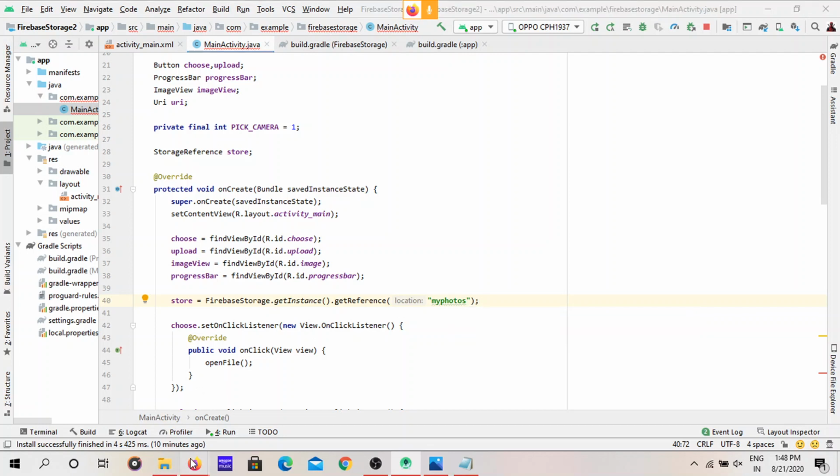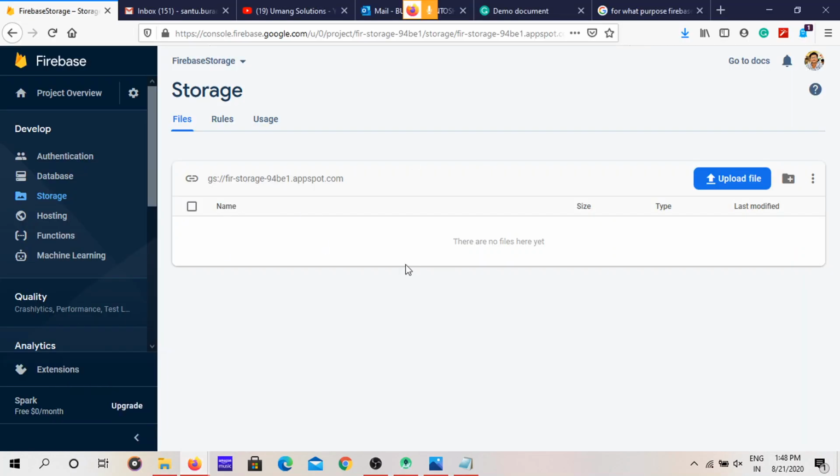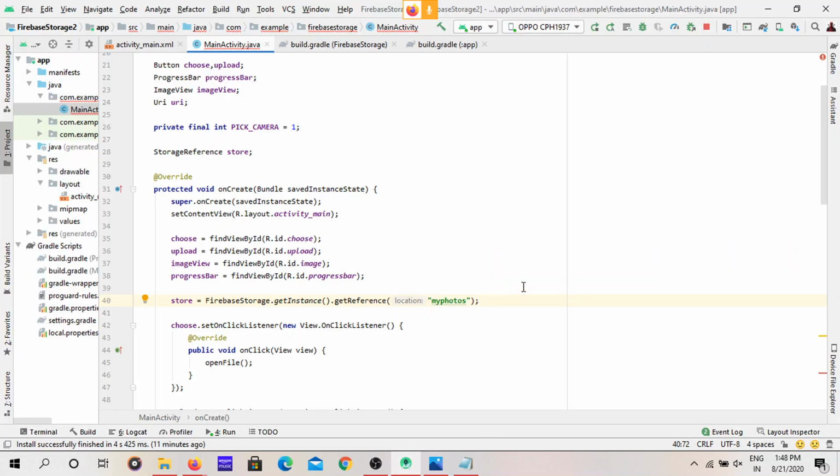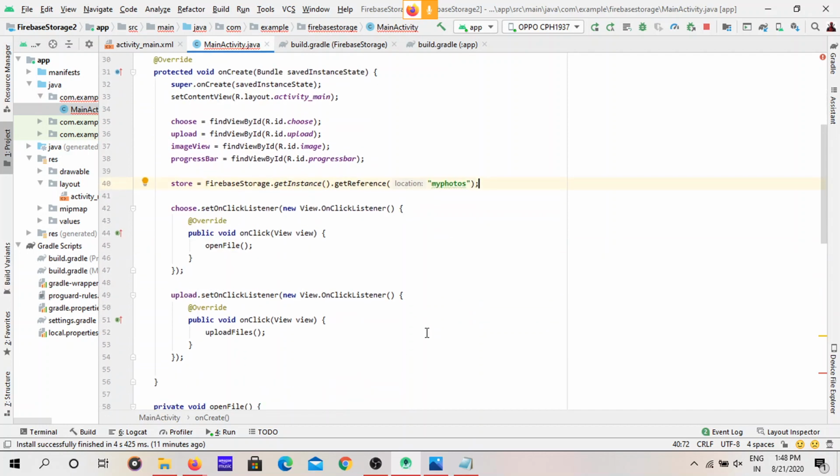Everything in this bucket is a folder or files. We already have the reference to this bucket, but we are also telling Java to get the reference of my photos. Here's the thing: if my photos doesn't exist in that bucket, it will be created automatically. I will show you when we are pushing the data.